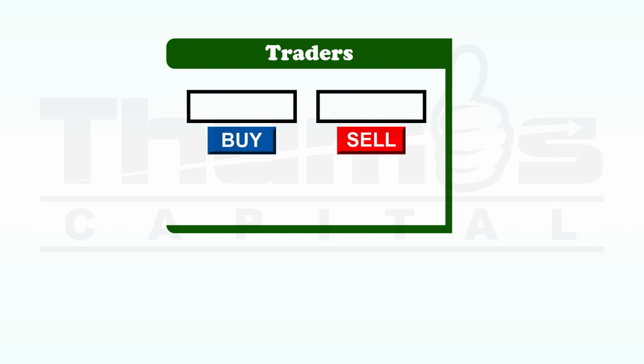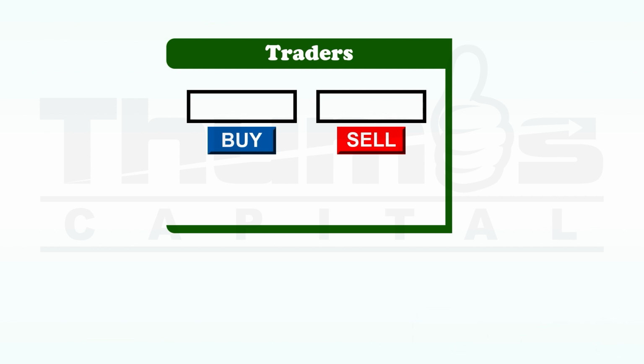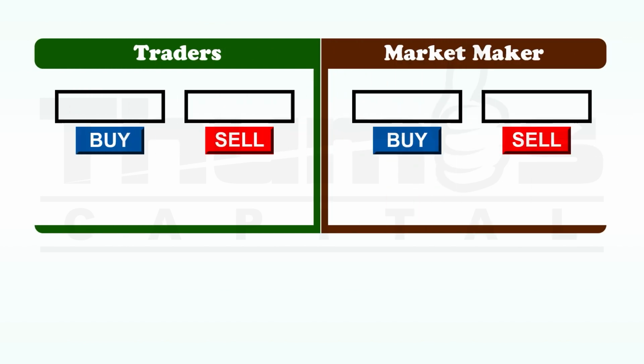If you've seen some of my old videos, I explained how buy and sell must be equal for a trade to happen, which means for every 10 lot buy, there is an opposing 10 lot sell paired with it for that trade to be executed. With this information, it is clear that the task of getting equal and opposite volume of orders at the same time on the same pair in the forex market is practically impossible. So in order to maintain transaction flow, the market maker is born. They take the opposite side of trades when there is no opposite order from traders.